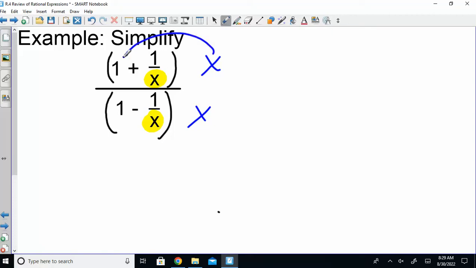Let's distribute. So 1 times x, what would be 1 divided by x times x? It would be x divided by x, which is 1. Right, on the bottom, if I distribute 1 times x,